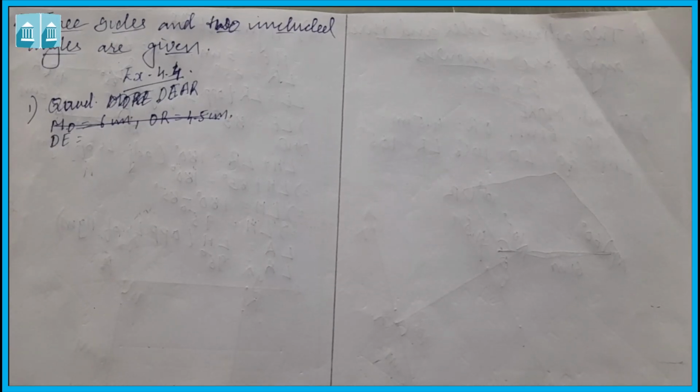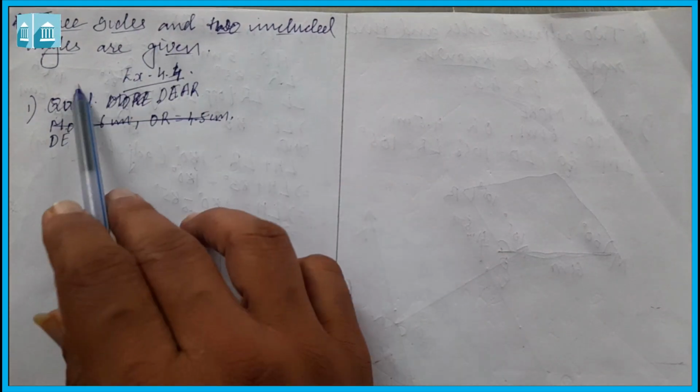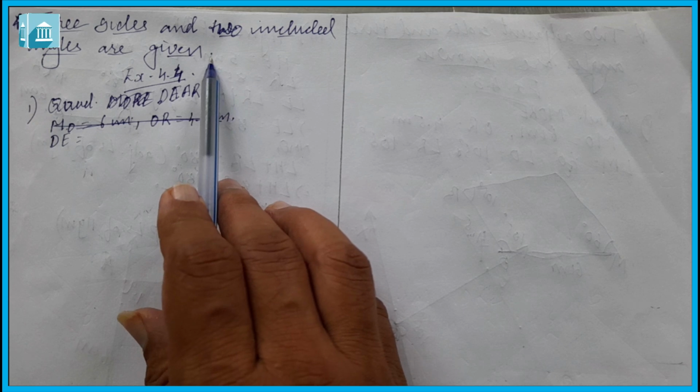Now let's move toward the next topic. Next topic is to draw the quadrilateral when 3 sides and 2 included angles are given. Here 3 sides are given and 2 included angles are given. Now let us see